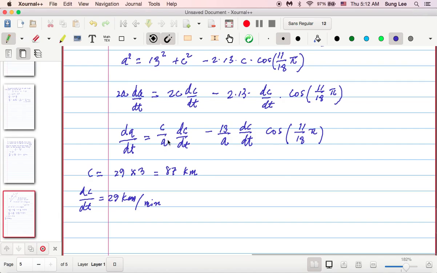Then all we have to figure out is A, right? So how do we find A? We have this equation here, so let me use it. I think I did use equation number 1, so using equation number 2, we can also find A. So A is going to be the square root of 13 squared